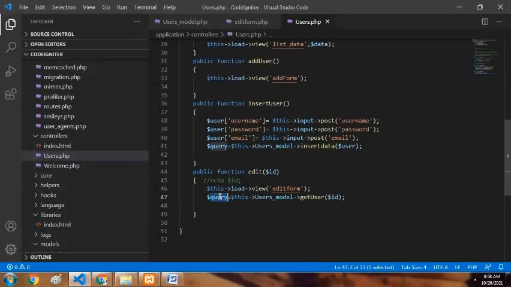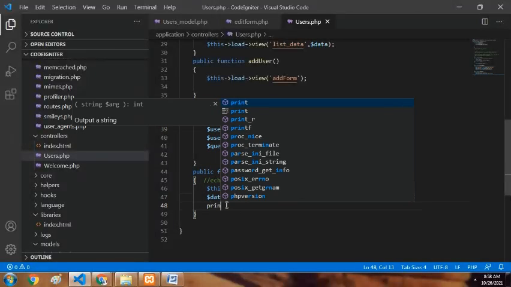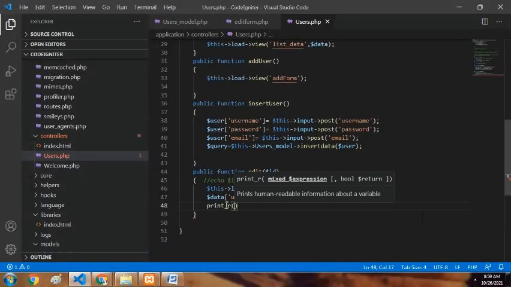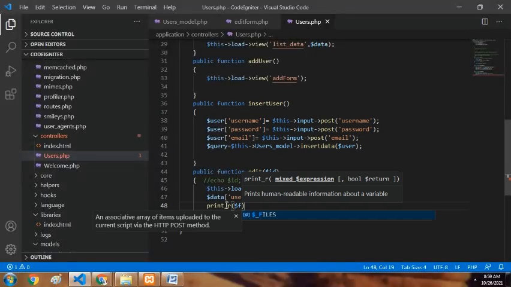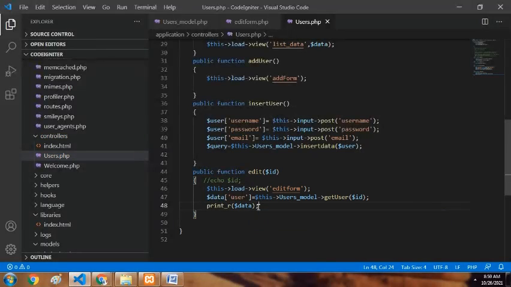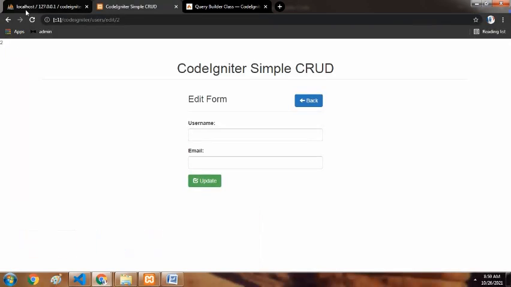Like this, I will get the data of a single user. You can just print the data, dollar data. I will just run the section.